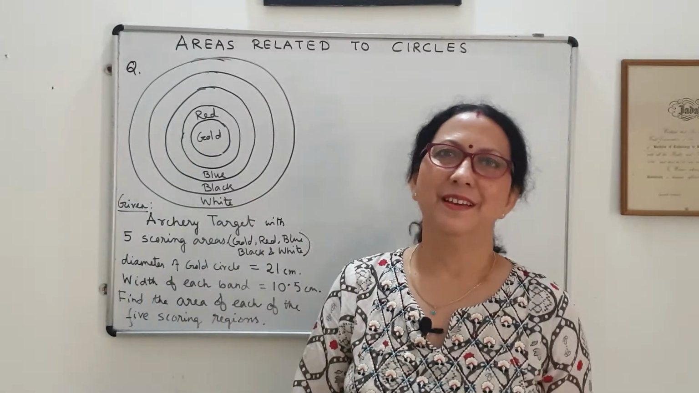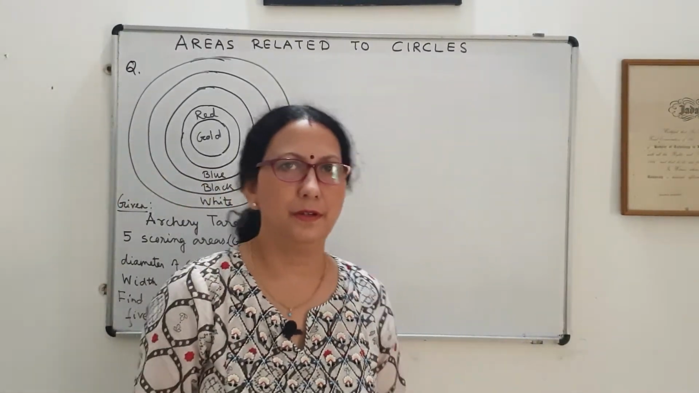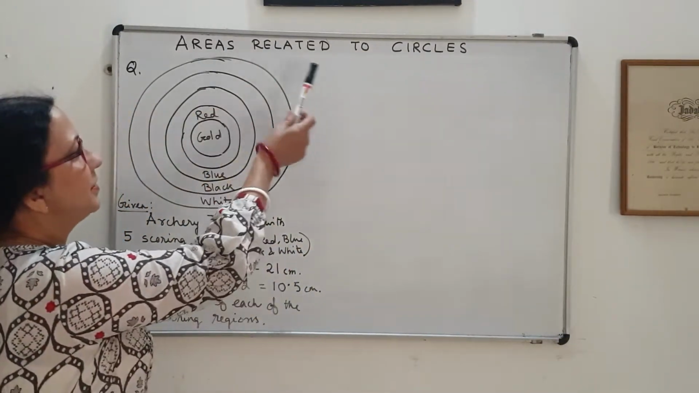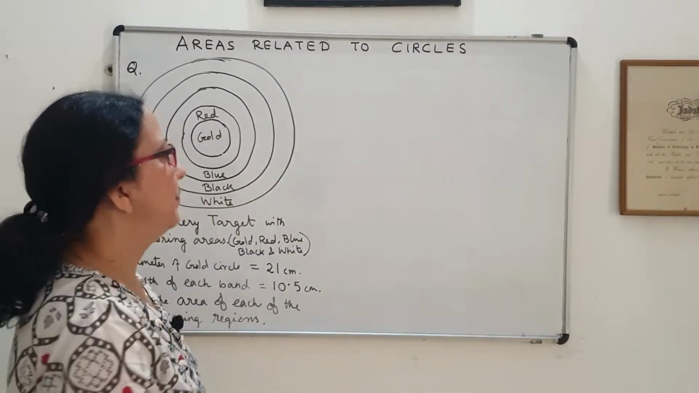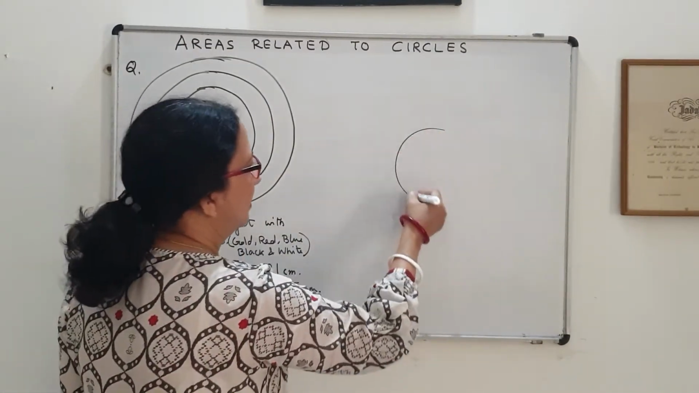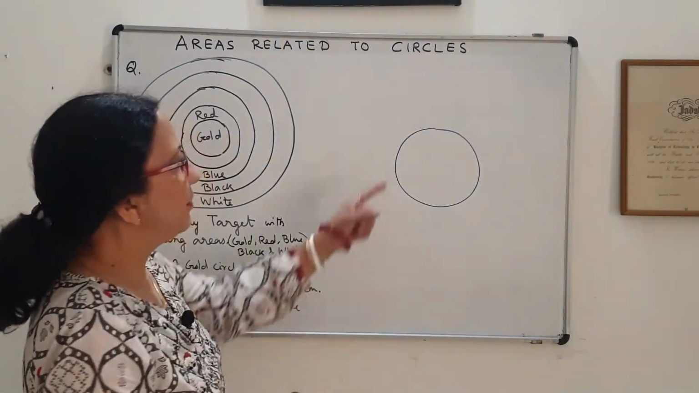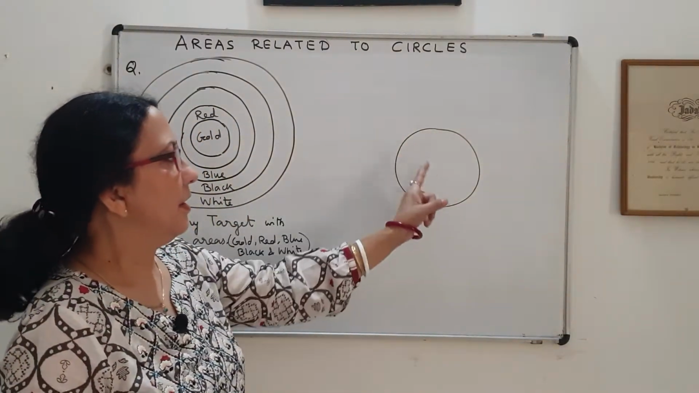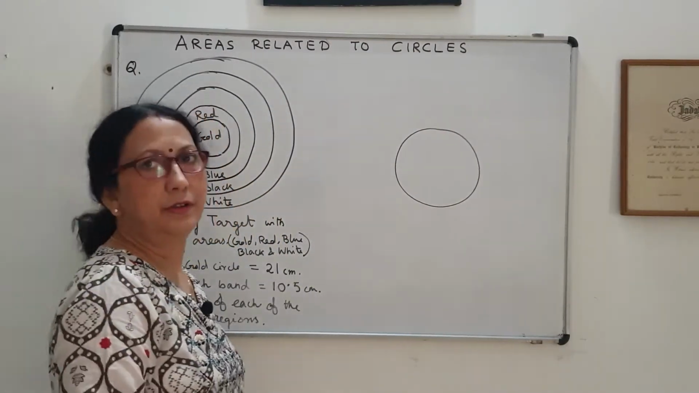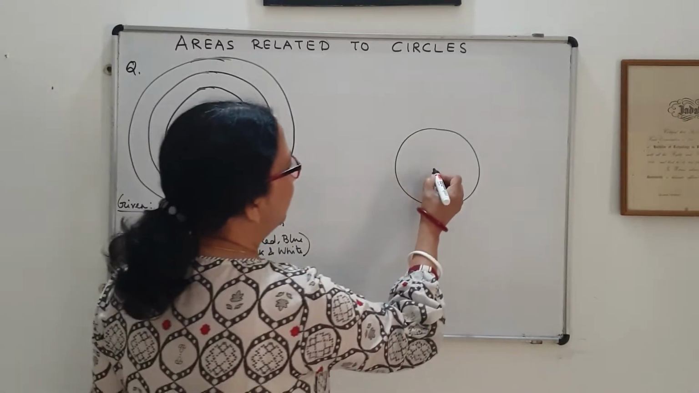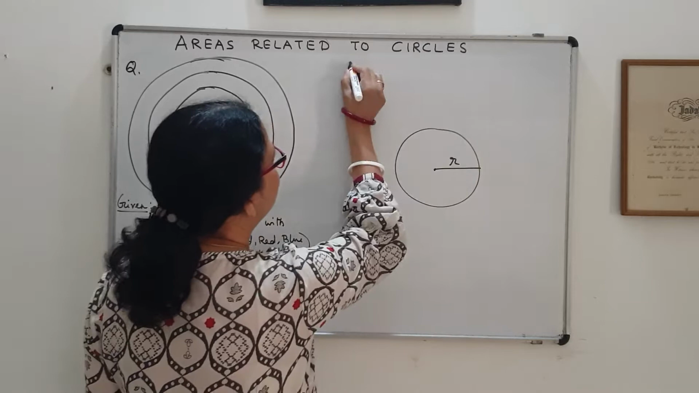Hi everyone. So today I am going to start a new chapter, that is areas related to circles. So as you know, any circle, so area of this circle, you know the formula that you have come across in your earlier classes. So if you know the radius of the circle, then you know the area of a circle